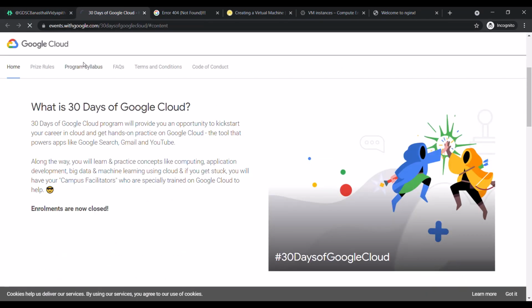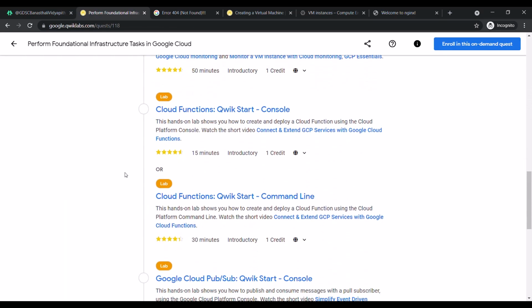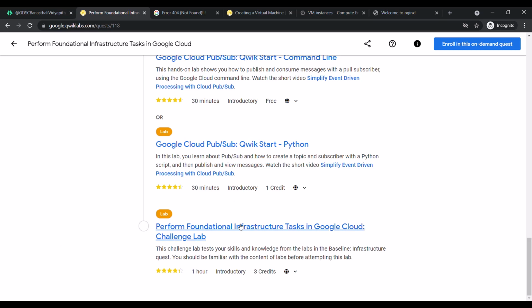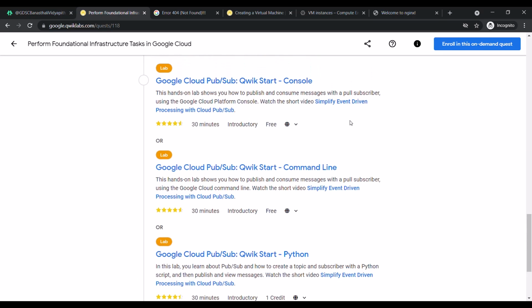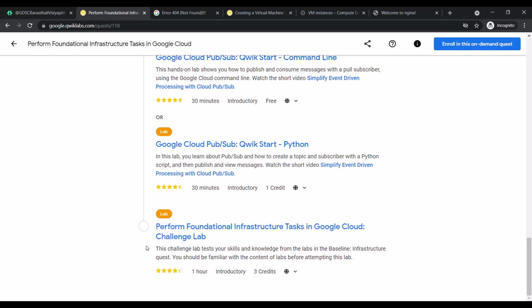That means you will come here, and now that you have earned this first skill badge, you'll go on to the second skill badge and perform all these labs in order to gain your second skill badge. Only when you perform this challenge lab will you get the next skill badge. So ultimately, again you have to learn from all these labs and then apply your knowledge in this challenge lab in order to get your skill badge. So that's all for this session.